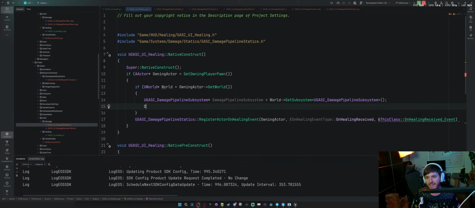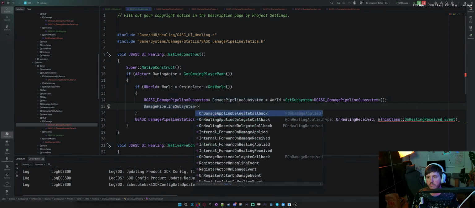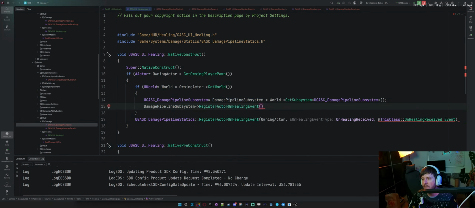And then what can I say? Damage pipeline subsystem, register actor on healing event. And then am I able to do it this way? Is it the same error? Seems like the same error.